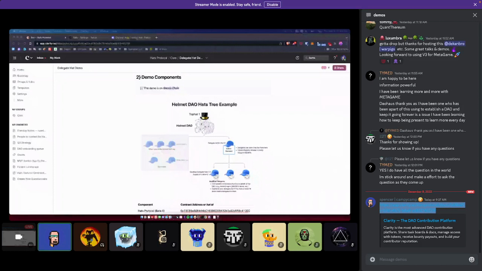They are 1155 tokens, but they're not transferable by the wearer. So the delegates themselves cannot transfer them to others. Only the DAO, serving as the admin of that hat, can transfer it. And coming back to the eligibility concept, as soon as a delegate no longer has enough demo tokens delegated to them, they automatically, instantaneously lose their hat, programmatically.